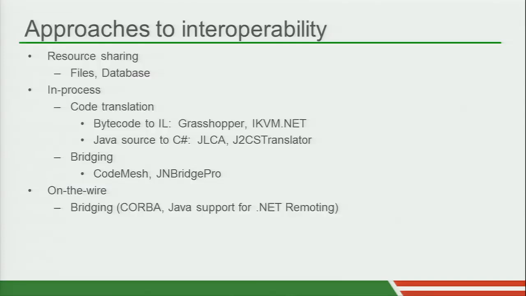So one of the most common for this years ago, not so much anymore, is the whole idea of bridging. We saw this in Corba for Java, and we also see this in .NET remoting. There's the ability to use .NET remoting to talk to a Corba provider and vice versa. It's brittle, it's hard to make work, it tends to be susceptible to breakage and these kinds of things,